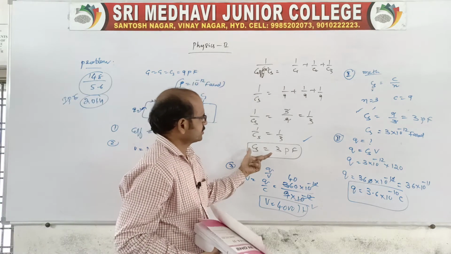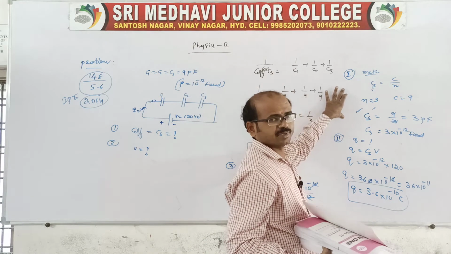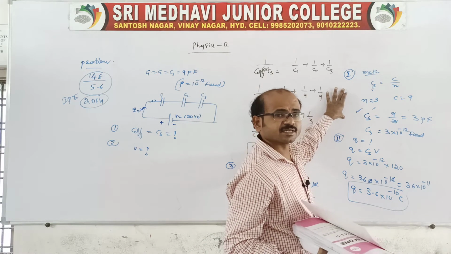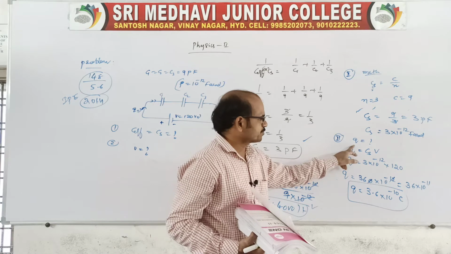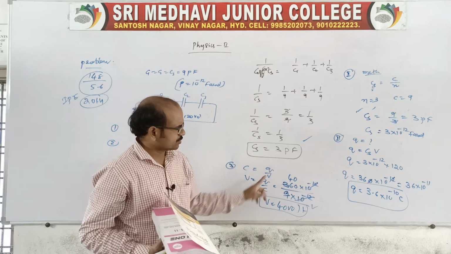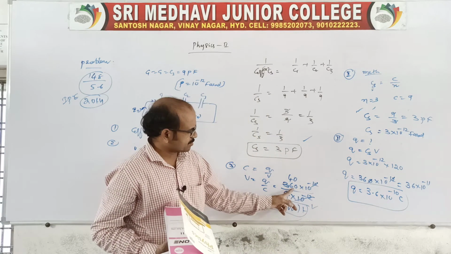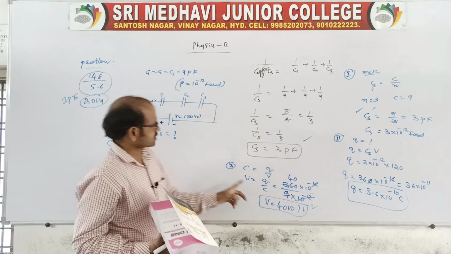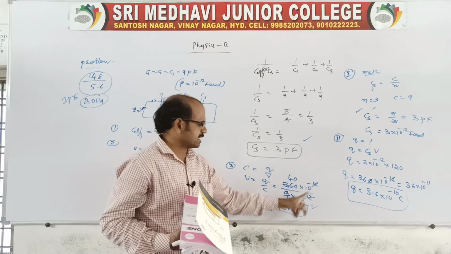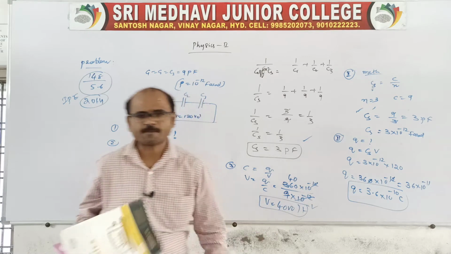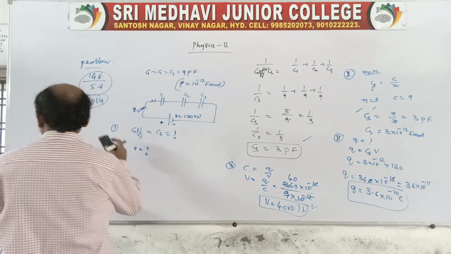First you find the effective capacitance. You can take the first method or the second method, whatever. If the capacitance of each capacitor given in the question is the same, then you go for CS is equal to C by N. After that get Q, because it asks for potential, Q by C. Q is 360 into 10 power minus 12, and the individual capacitance is 9 pF, 10 power minus 12. The 10 power minus 12 cancels. V is equal to 40 volt. This is the method to do the question in case of 5.6 with the data given.